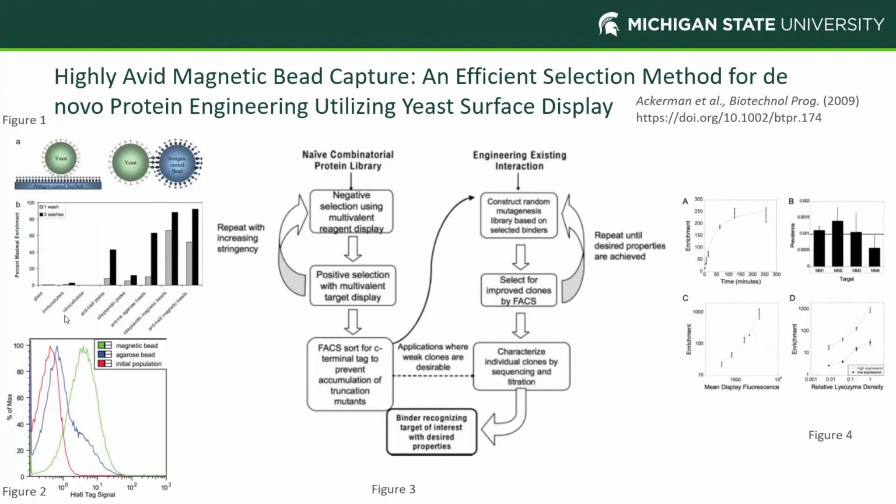The purity was then determined, and so we see that agarose beads have better purity than the initial population, but not as good as the magnetic beads. This is likely because the agarose beads' inherent porosity makes antigen presentation more difficult than on a magnetic bead. So the magnetic bead was chosen going forward